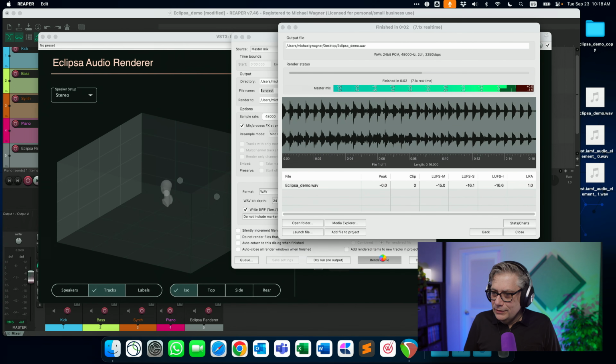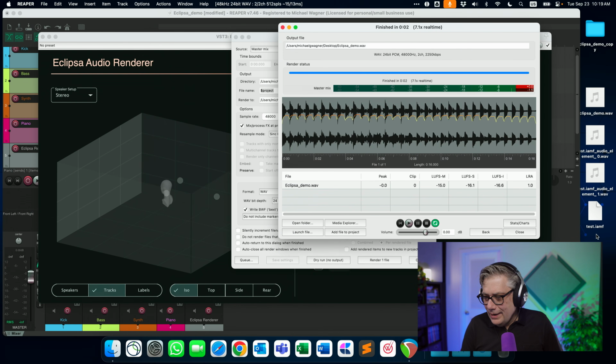Now it takes a little bit until it has the export completed. So let's just wait until that is finished. But it should actually finish relatively soon. And here I think we already go here. Here we are. So we have the test IAMF file that I cannot play on anything because I don't have any device that could play that. And I have the first element, which once again is a 16-channel Ambisonics file, and the second element, or element 0 and element 1, the second element that is a stereo file. And I can use those if I want to, but in theory, what you would normally do is you would mux that into a video and just export it to YouTube.